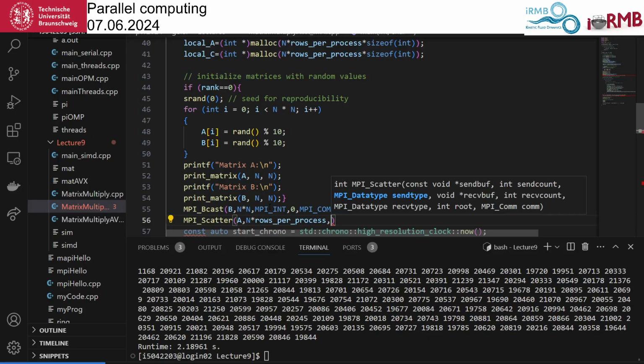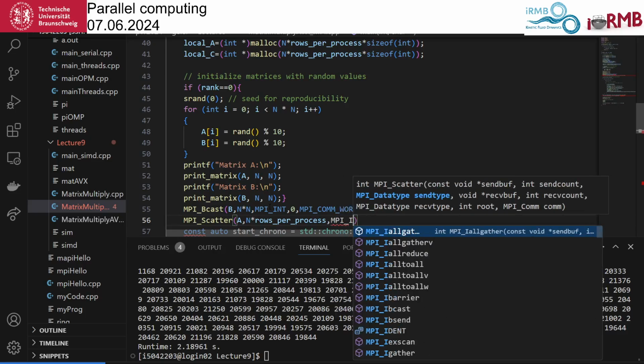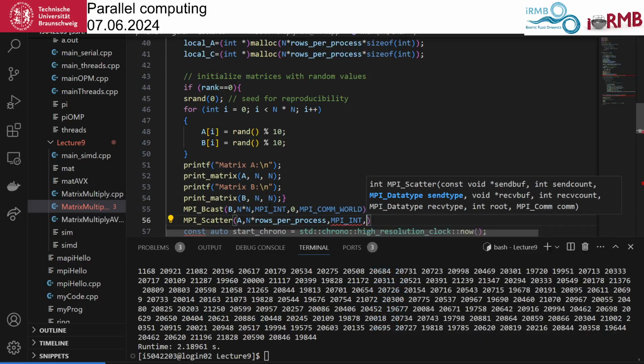So we have the chunks. Then these come as MPI int. So where is it received?